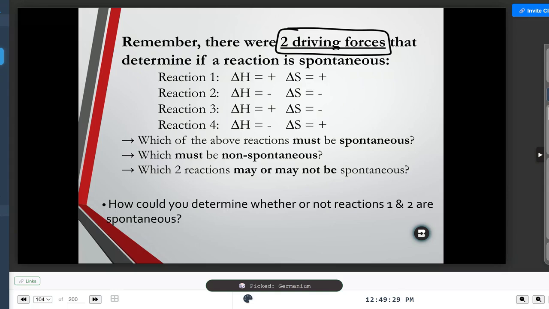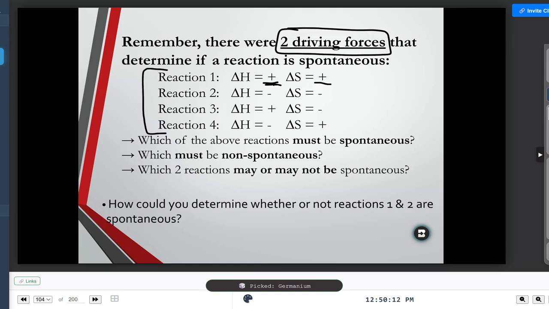So those two things help drive all the reactions. And we want to describe 4 different types of reactions here. So we're going to look at 4 different scenarios, and we want to describe what each of these means and what kind of examples we might have for each. In this first example, I've got my delta H as positive, meaning that it is endothermic or exothermic? Endothermic, good. Why? Because remember that negative sign is exothermic, right? So positive is endothermic, and it says that it's getting plus on the entropy, which means that my energy is becoming more dispersed, right? And so I've got a situation where I have endothermic, but more dispersed.